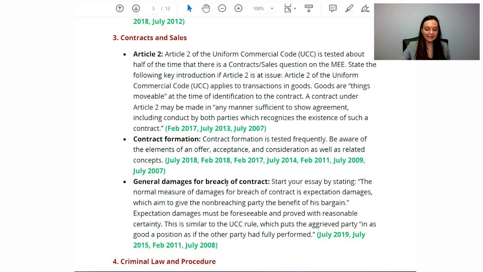Additionally, when it comes to damages and calculations, sometimes damage calculations is just a sub question or one of the multiple questions asked in a contracts and sales question. Other times it's the whole question, and they want you to basically break down and discuss the different parts of the damage calculation and to discuss if they're present and why. So you want to make sure you feel comfortable with damages and that this is not a portion of your outline or study that you're just skipping over and kind of hoping for the best. I know a lot of people do that for the MBE portion, but you don't want to do that on the essay portion in light of how they've tested this sometimes in the past.